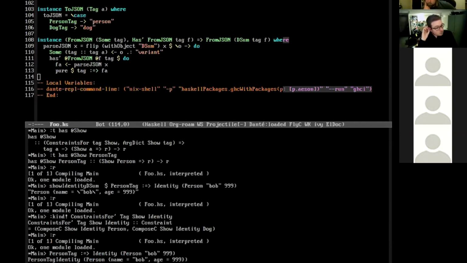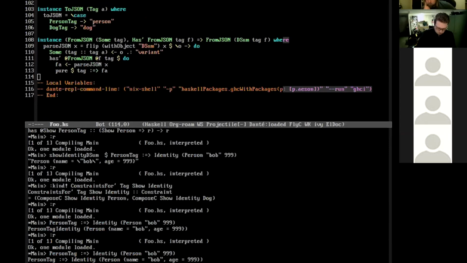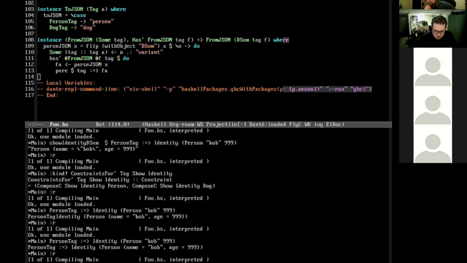If I reload and I say to decode from, I'll to decode a... We've successfully parsed our dependent sum out.